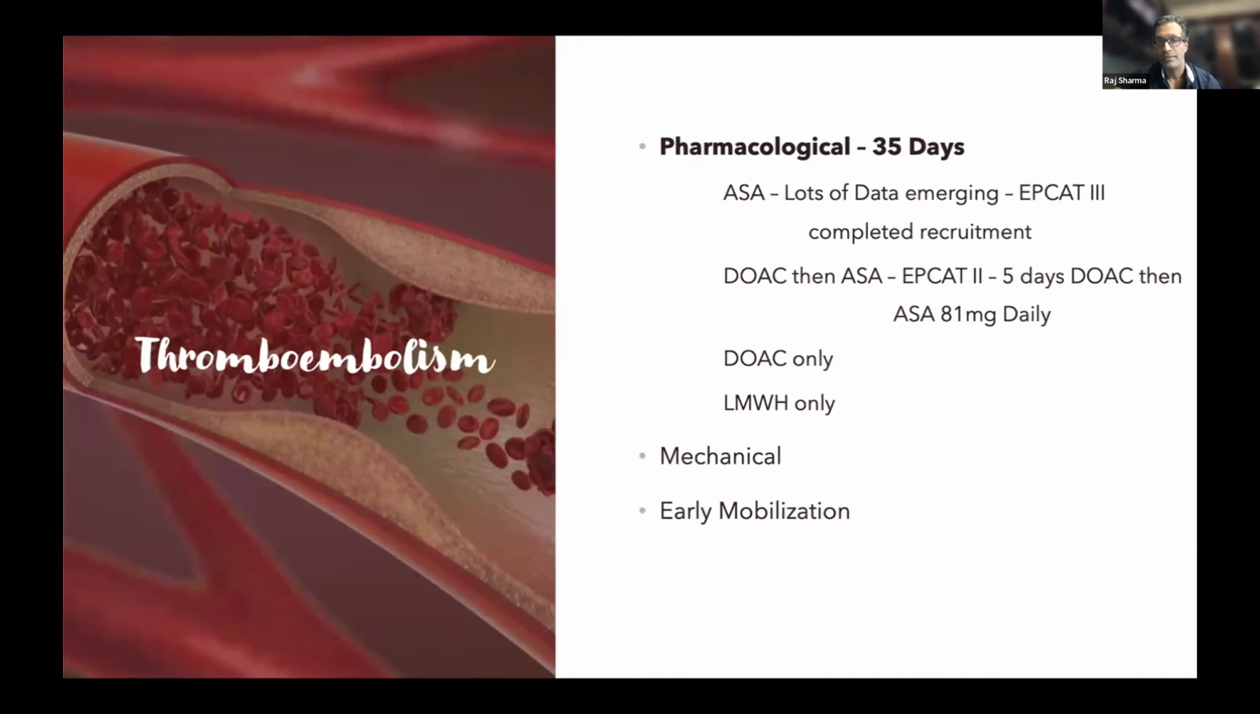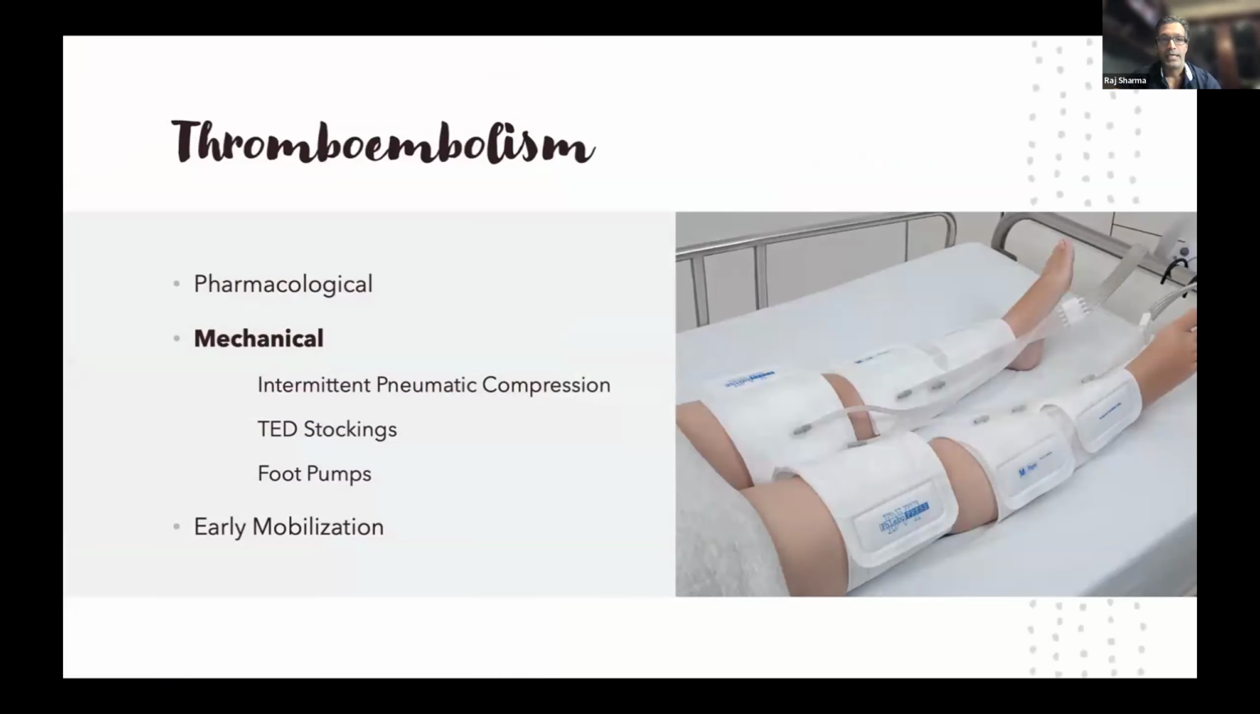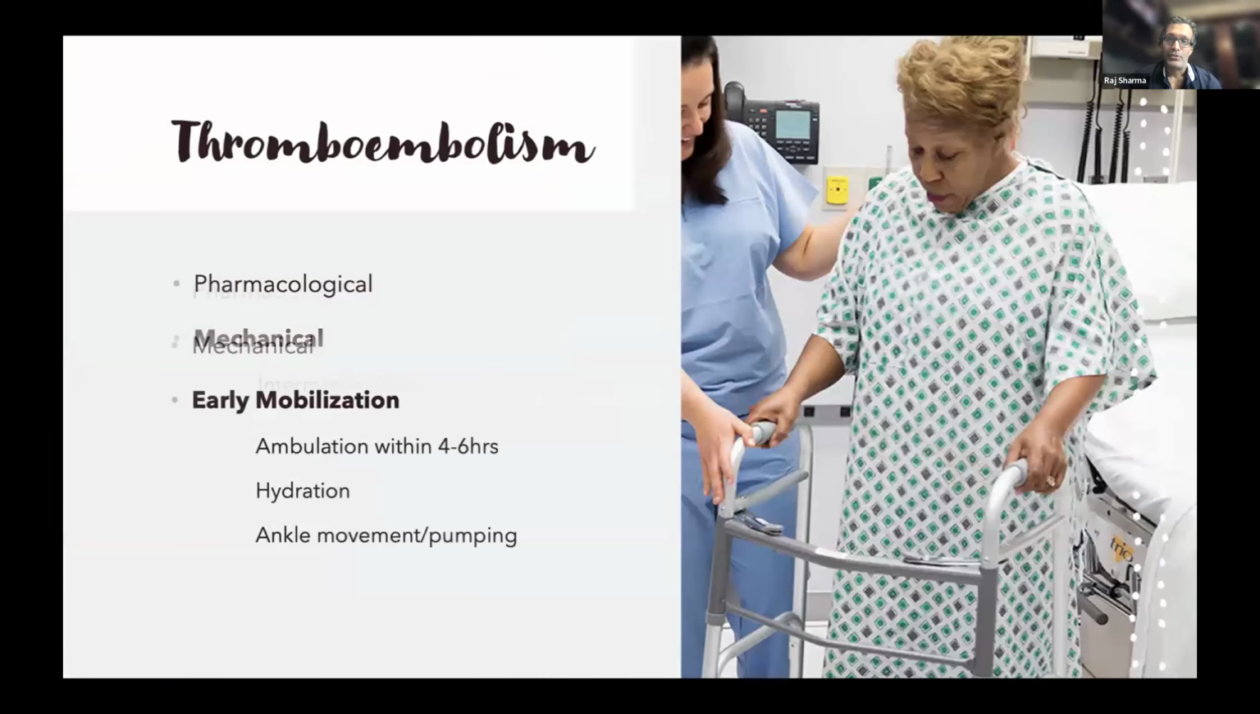And then there is some kind of DOAC, so it could be a rivaroxaban, apixaban for 5 days followed by aspirin. So this is the EPCAT-2, shown to be very effective. And then there's the DOACs only, or the low molecular weight heparins on patients who are at higher risk, so previous blood clots, cancer, and other such patients who are at high risk for the entirety of the 35 days. Mechanical, these are categorized into intermittent pneumatic compression, TED stockings, and some foot pumps, and also early